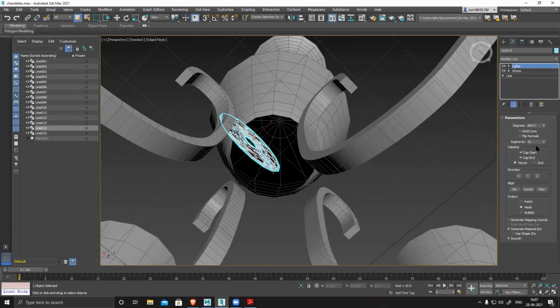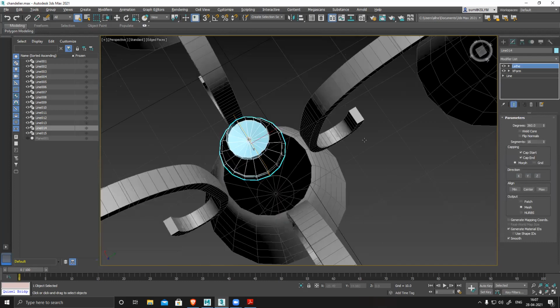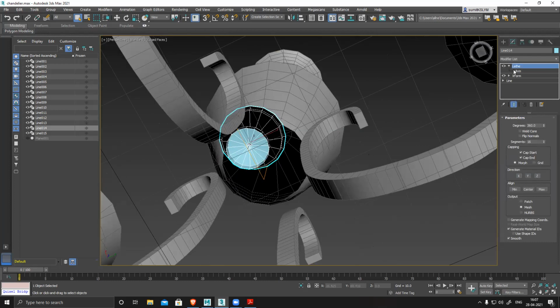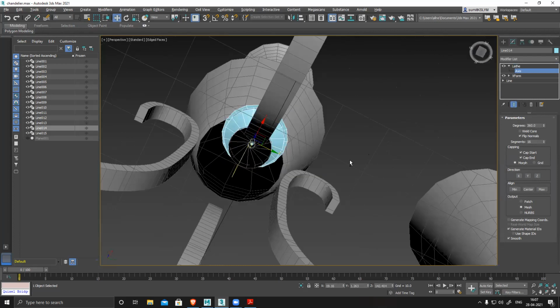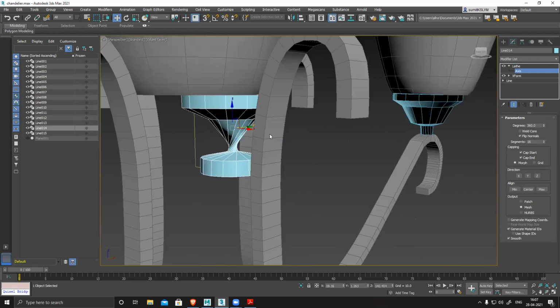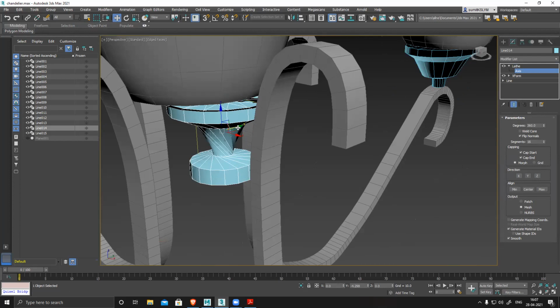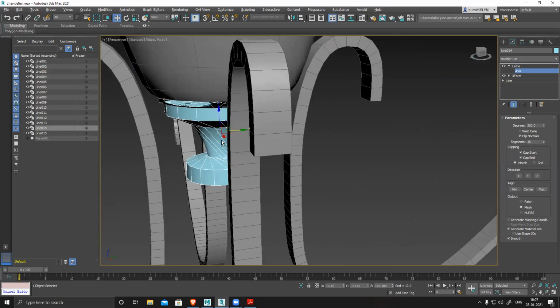Now you can see it will create everything in the correct direction. Let's see. Now it's a perfect circular shape. Okay, flip.